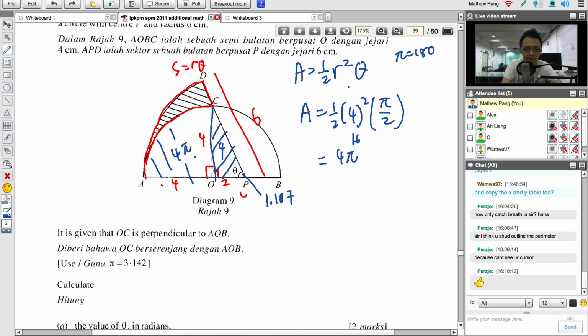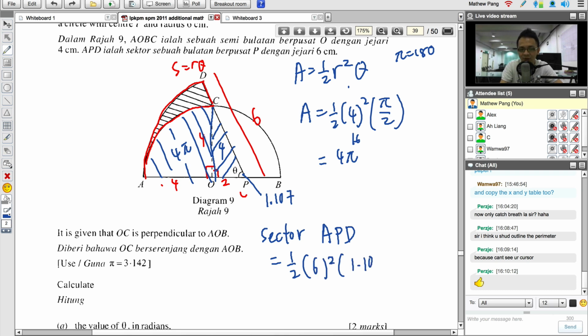Alright, so if I can find the whole sector minus 4 pi, minus 4, I can get the area of the shaded region. So I'll find sector APD, maybe, is half r squared, r is 6 squared, theta. What is the theta? 1.107. Remember, the theta here cannot use degrees. If you use degrees, the whole question will be wrong. Okay? So, just press the calculator. 36 divided by 2 is 18. Multiply 1.107. So, this one is